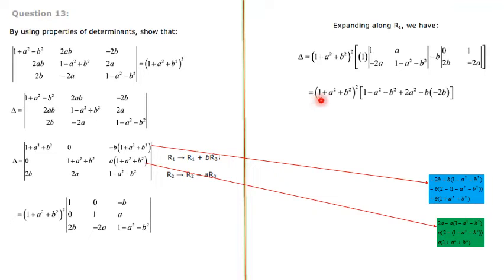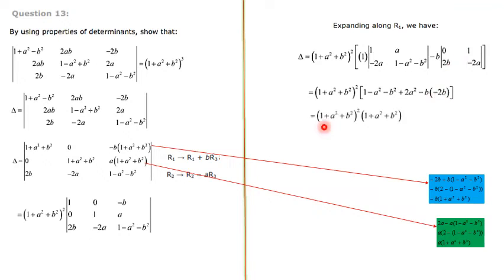Next, 1 plus a square plus b square, the whole square, into 1, just to go for the calculation, that is 1 into 1 minus a square minus b square, plus here 2a into a, that is 2a square, that is written here. How this plus comes: determinant minus, and here there is again this minus, so minus into minus is plus, 2a into a, that is 2a square, minus b into this row, this multiplication is 0, diagonal, that is 0 into 2a, that is 0, minus 1 into 2b, that is minus 2b.